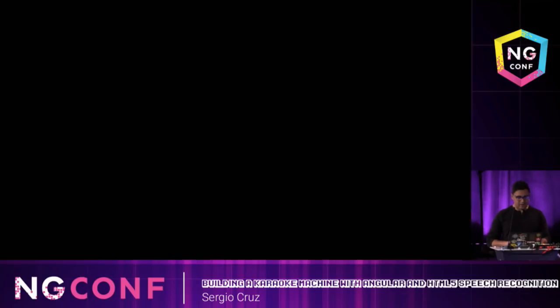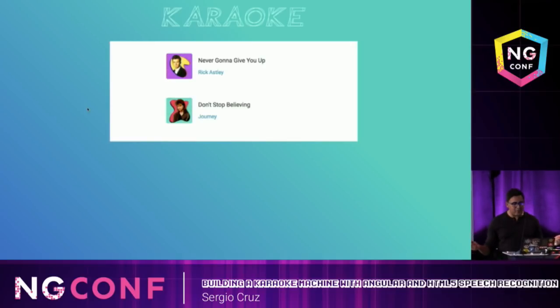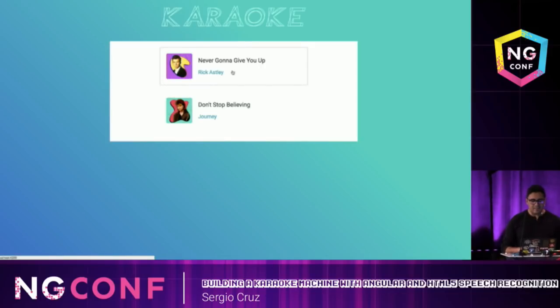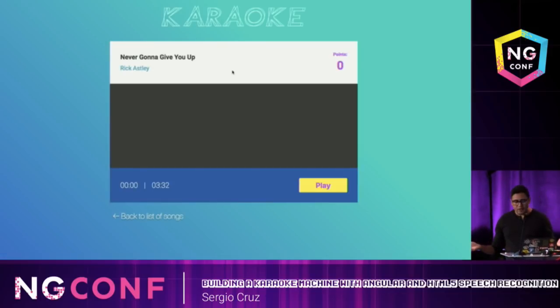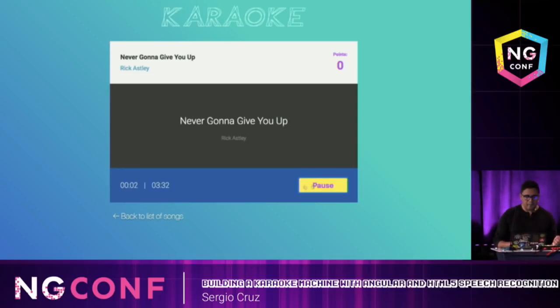This is what it looks like. Let me go into it and show you. Okay, so this is my app. It's only a proof of concept, so it only has 2 songs available in it right now. But this is the list of songs, and once we click on one, this is the player screen. Once we click play, yeah,